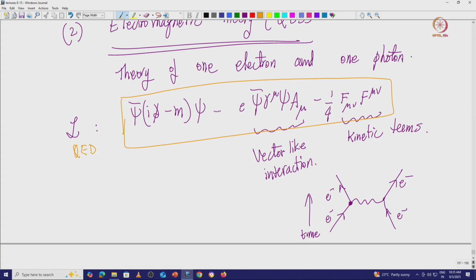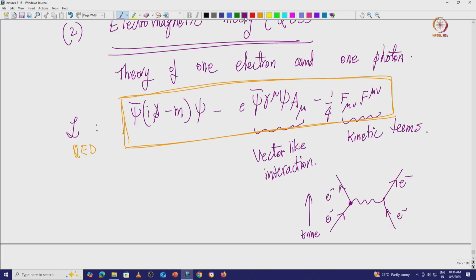So this is nothing but the Dirac field, essentially the Dirac wave function, the Dirac Lagrangian, multiplied by a vector-like current which we just introduced in terms of the bilinear covariance, a vector-like current multiplied by the photon field, the photon wave function, which is A mu, which we introduced when we were doing the Klein-Gordon field essentially, and the kinetic terms for the photon wave function. The kinetic terms are nothing but F mu, which give you the free photon wave equation.